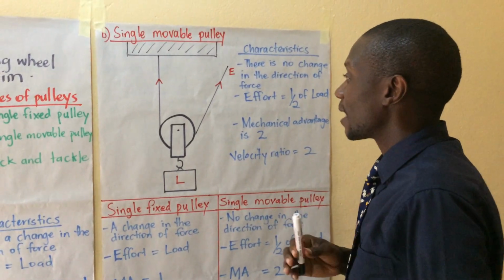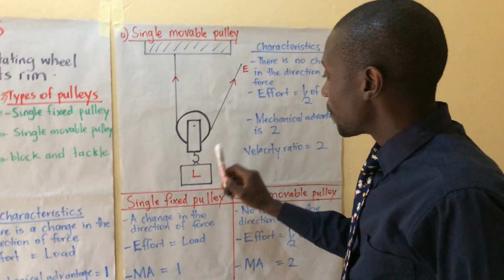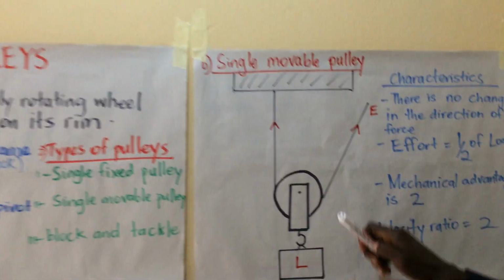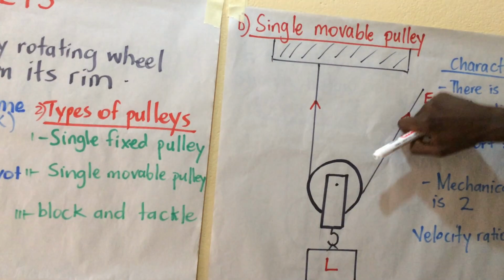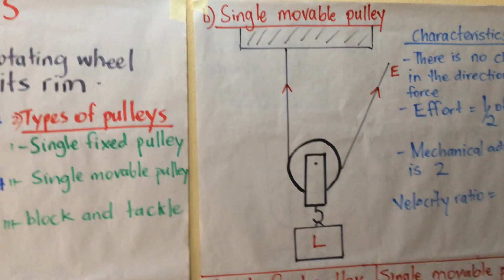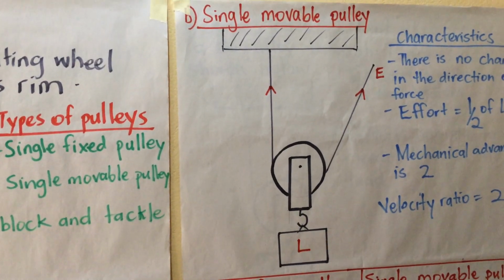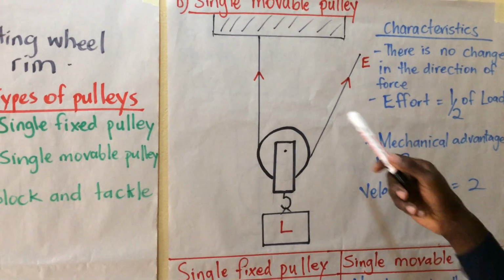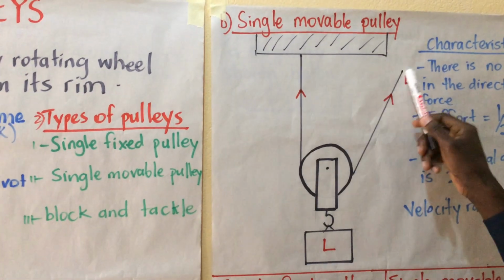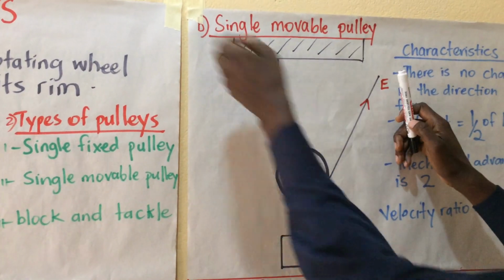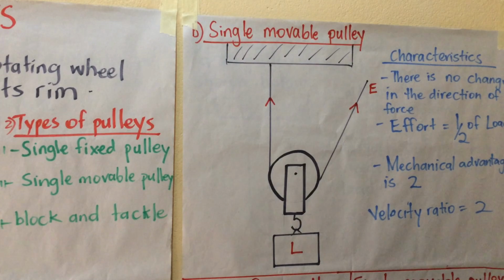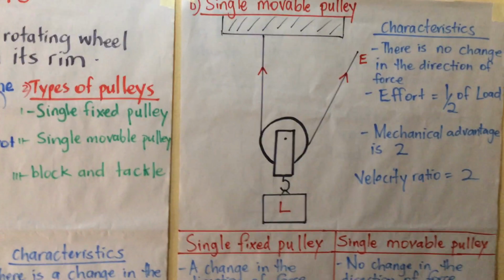How come? How does that come about? Let's say we have 100 here. Just know that the 50 is shared here, and now you're also using the 50 to share. So normally they ask us, why is the effort a half of the load on this? Because it has got two supporting forces. This one takes the 50, this one takes the 50, assuming that this is 100. Then,